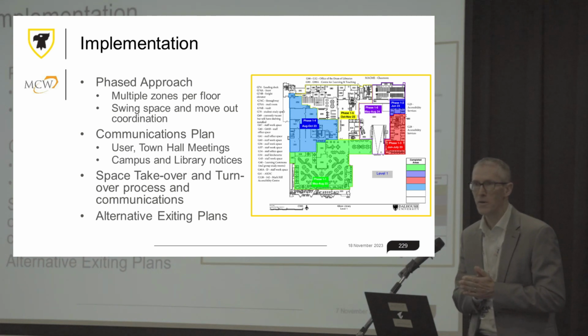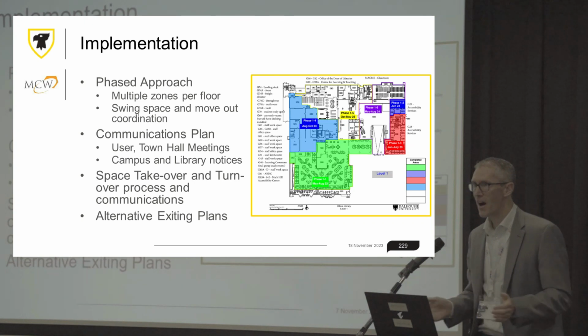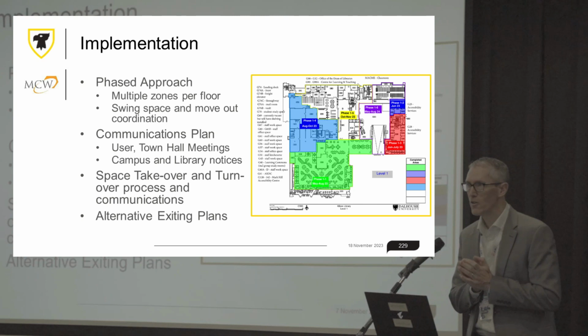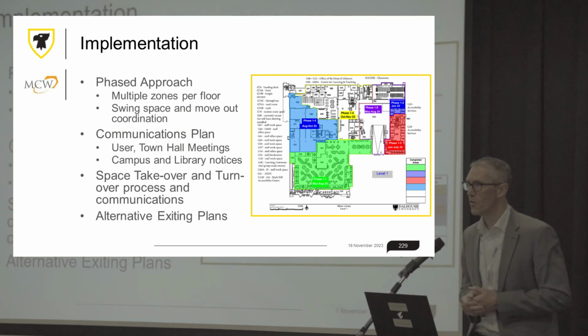So you go to a town hall meeting, groups of this size, and you say, "Hello, library personnel. Thank you for coming to the meeting today. We're going to retrofit your building, and we're going to disrupt your life for 2 years. You're going to see people with hard hats and boots for 2 years in your building. We're going to fix up all this stuff, and at the end of the day, after 2 years, you're going